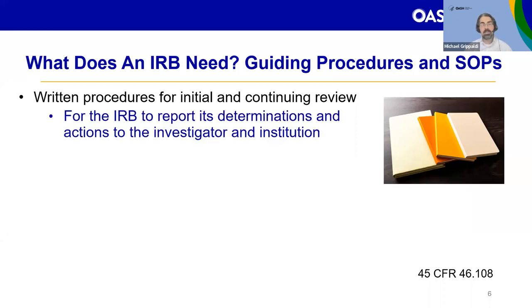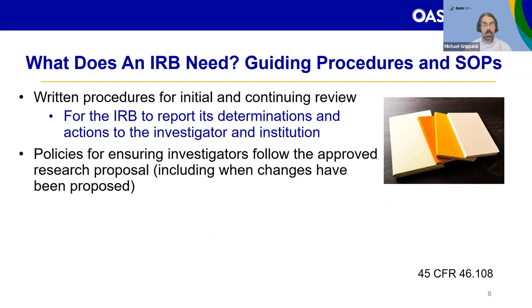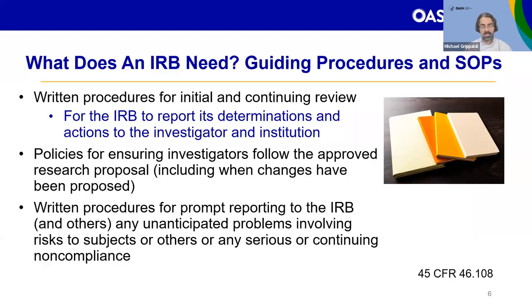The IRB needs to notify the investigator and the institution of its determinations, say whether the research was approved or might require changes before it can be approved. This is normally submitted through a letter that's electronic, right? You can email, or through your IRB system you get a notification, but that's up to each IRB to decide how that's done. The IRB needs to have a mechanism for researchers to submit changes or